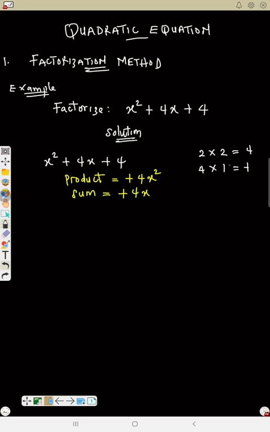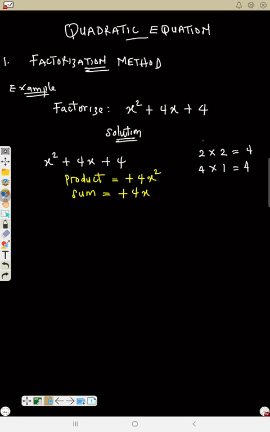Know that in multiplication, if you multiply any number by 1, it's still the same number. So in quadratic using factorization, you need to always consider the number times 1, so it will still give you the number. So now what are the numbers that can give us 4? That means 2 times 2, 4. So the first number is 2, the second number is also 2. Here 4 times 1